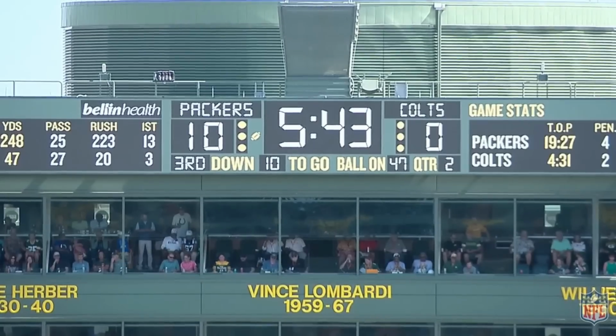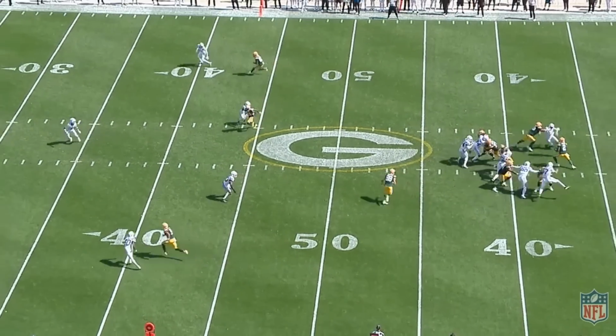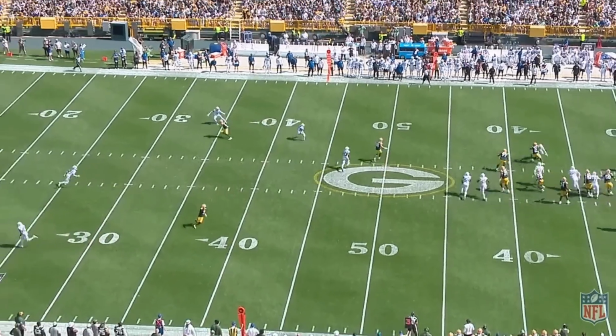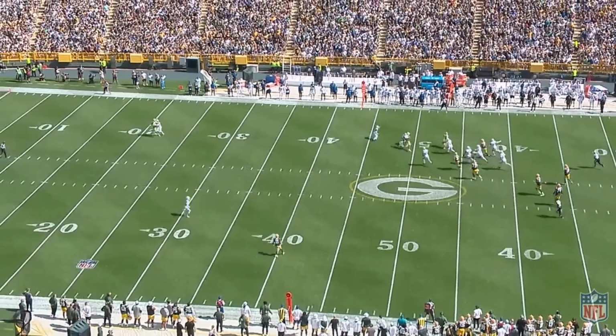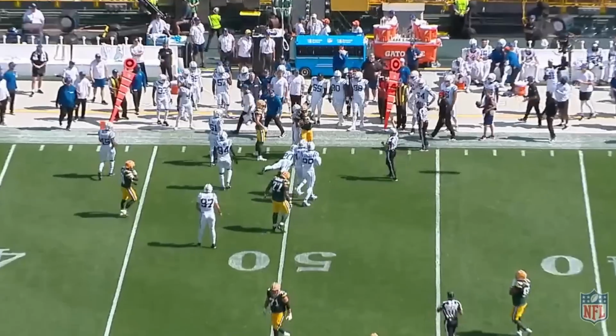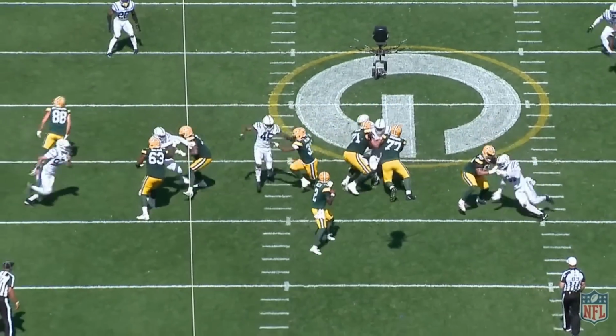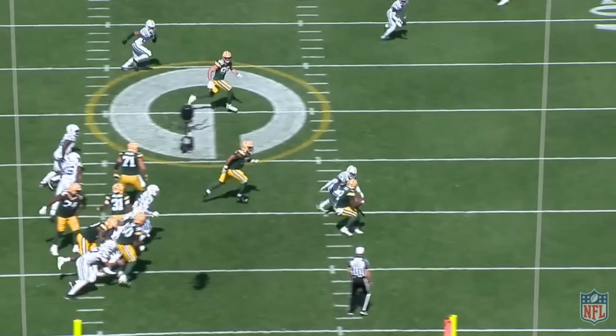Beautiful. Next one here, 3rd and 10. This is the center barf ball. Thinking you probably got the Y cross coming wide open to 11, or the crosser coming open to 11. Instead, you get the scramble for nothing. I didn't listen to the audio, but I saw enough of the social media clips of LaFleur talking about the center barfing on this thing. I'm not a huge fan of